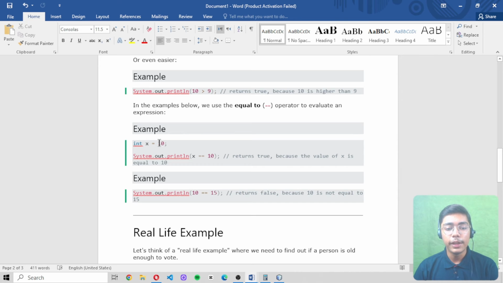That's the reason, because we have written 10 here and we are writing 10 here as well. So this equal to means that the value which you are writing is the same as the value which you have written in your variable. So both values are the same, that's why you will be getting the answer as true. But if you write 11 here and 10 here, these two values are different from each other,